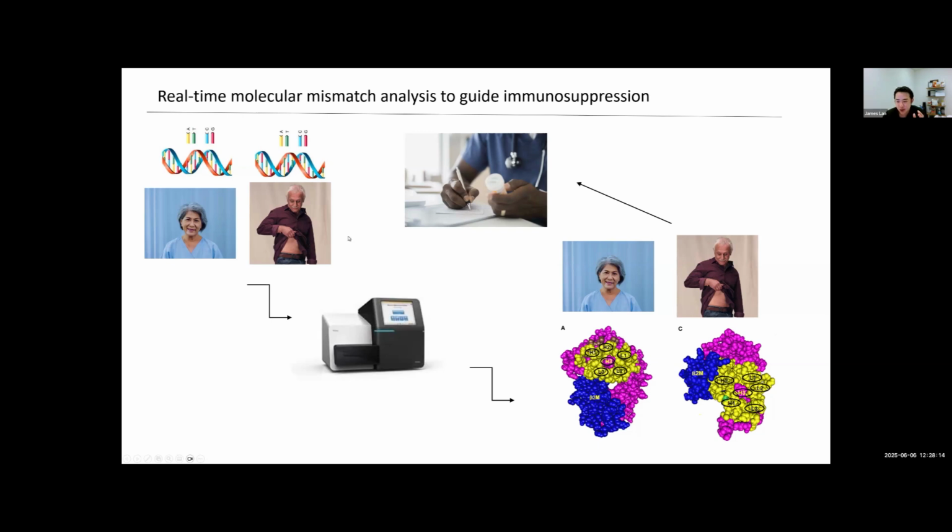However, as you can imagine, we don't know when deceased donors will pass away and then donate their organs. And when someone passes away, there is no control for us. We have to test them the moment they decide to donate, and usually we have to do the testing within 4 to 6 hours. So if we wanted to analyze their epitopes in real time, the MiSeq instrument is not going to allow us to do that. So we need a technology that allows us to sequence the donor under high resolution in a very quick fashion.